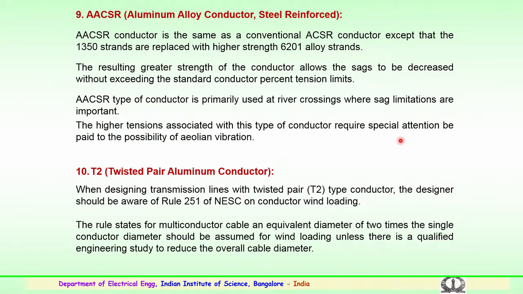The rule states for multi-conductor cable an equivalent diameter of 2 times the single conductor diameter should be assumed for wind loading, unless there is a qualified study which has to be used to reduce the overall cable diameter. So, this type of conductors could be used. So, these are the various types of aluminum conductors which are in existence and being used by various utilities